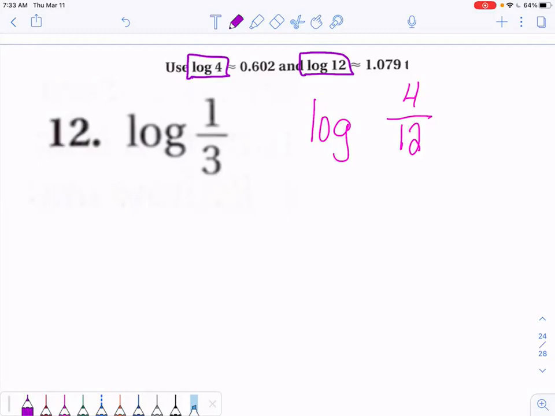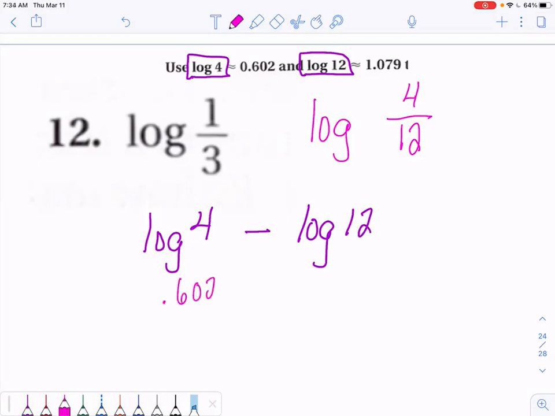Ella? Yeah, so that is the quotient property for logs. Division changes into subtraction of two separate logs. So the log of the numerator minus the log of the denominator. And then you just replace the values that you're given. So log of 4 is 0.602. Log of 12 is 1.079. And Ella, when you subtract those two,